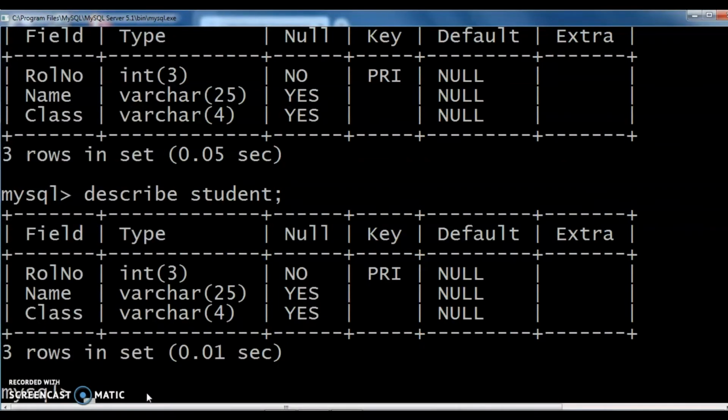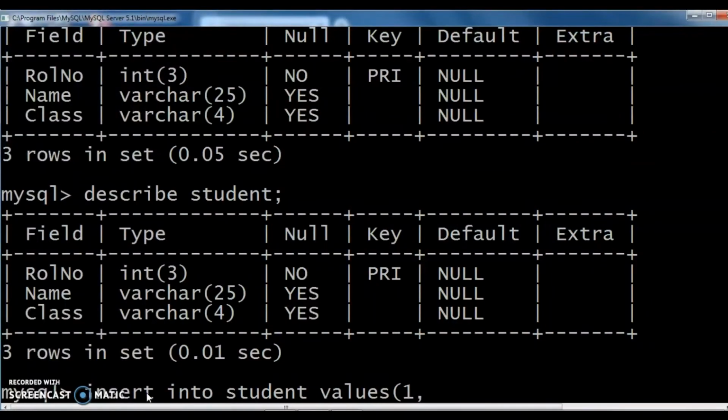Then after creating this table, we can insert values to this table student. How can we insert values to this table student? For that, we can use insert query. Insert into student values. Within this bracket, we can specify the values. First one roll number. So 1. No need to specify the single quote because this roll number is an integer type.